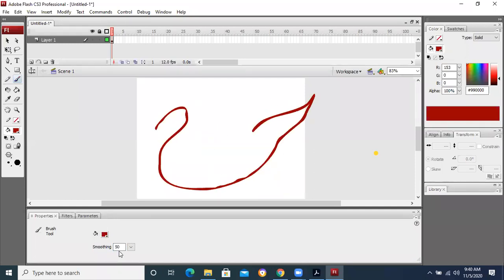Why is it getting smooth? Because I have taken it at 50%. But you should not increase it too much, because if you increase it more, it will make the line more smooth and straight, so it will not be that good a line. That is the thing we need to understand.